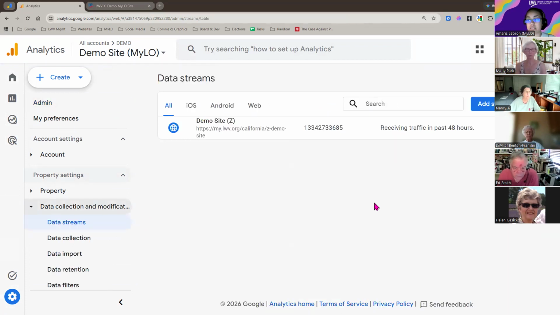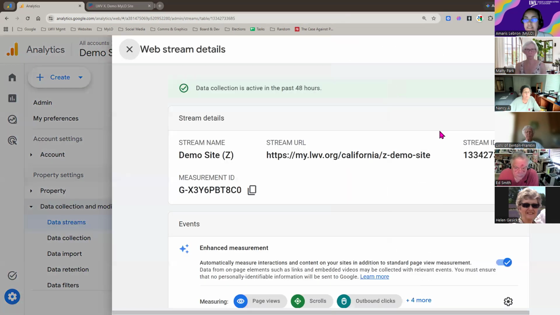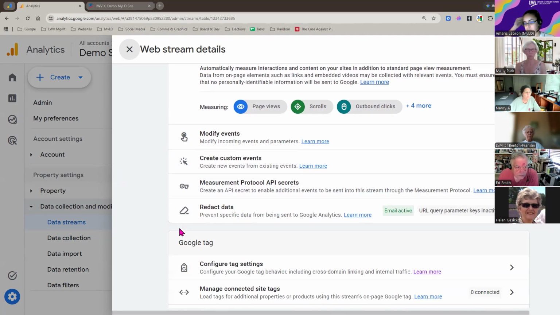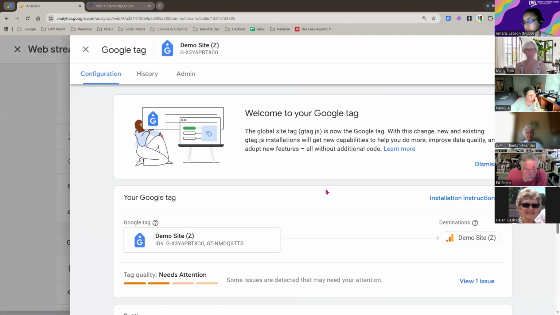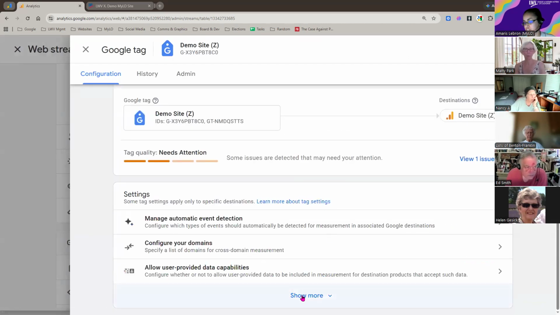This is assuming that you've already set up the connection between your analytics account and MyLO site, because this wouldn't exist if you didn't have that connection. So we click on the web stream, scroll down, configure tag settings, and scroll down to show more